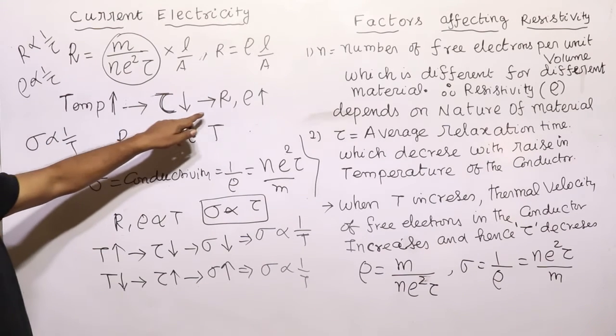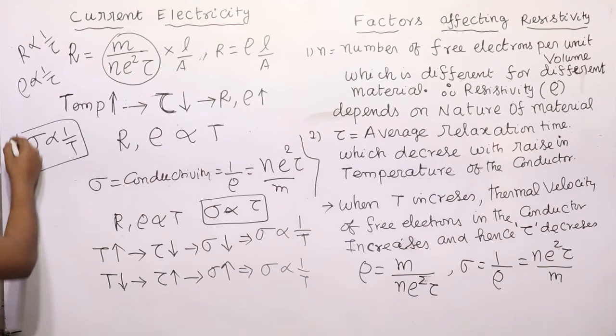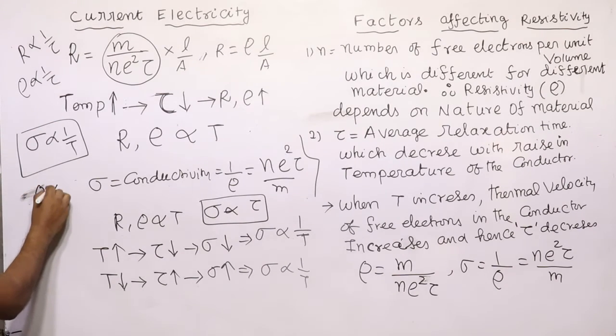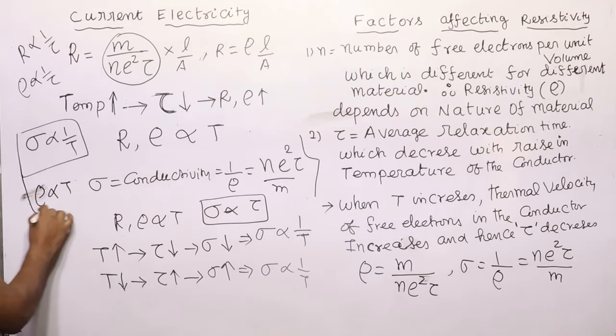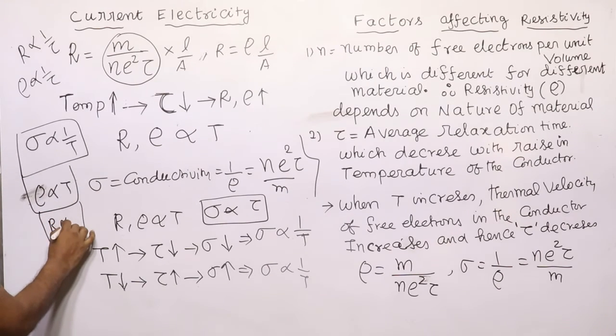Temperature increasing, resistance increases. So conductivity is inversely proportional to temperature, and resistivity is directly proportional to temperature, and resistance is also directly proportional to